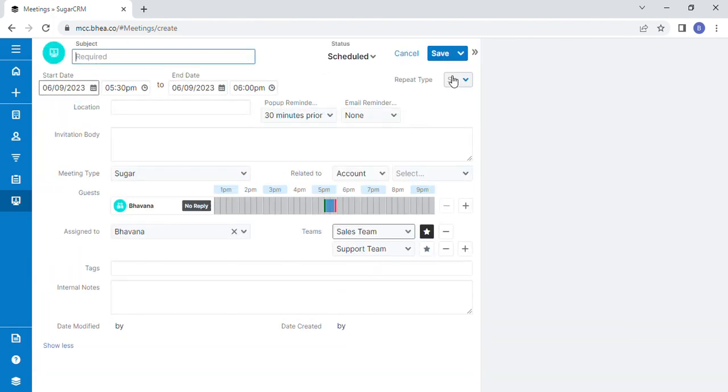These are all the fields to be filled to create a meeting. Let us understand the importance of each field and add the data to it. The first field we can see is subject. That is on what basis or the reason why the meeting is being done. So let me give it as team meeting,